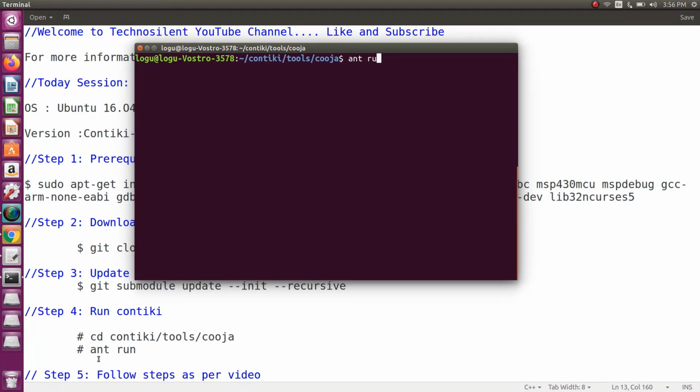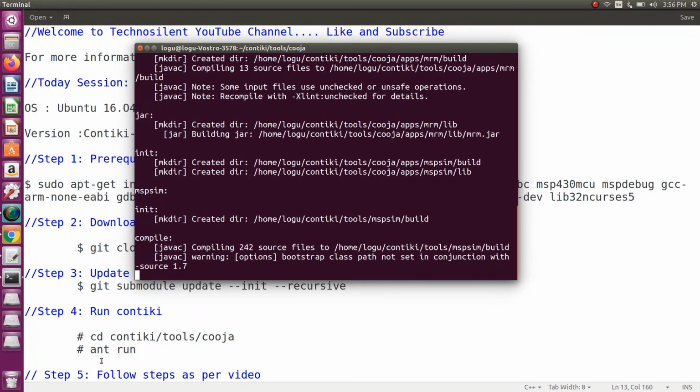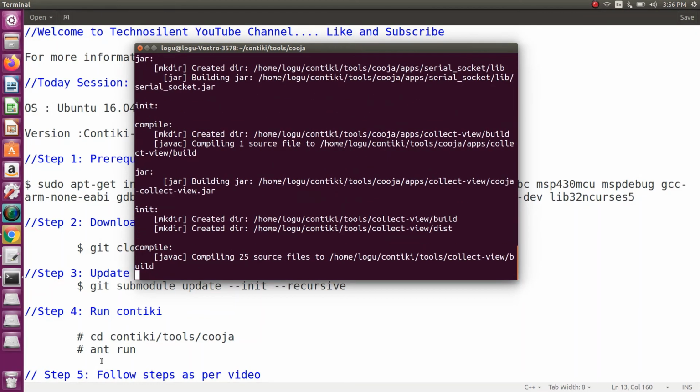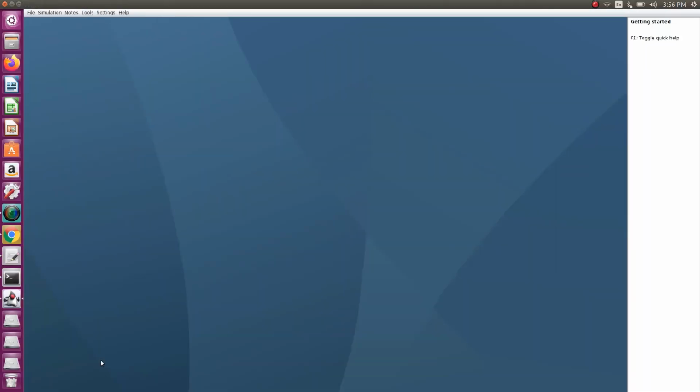The first time it will take some time, as it will compile all the source files. So this is the Cooja simulator. Now we have successfully installed the Contiki operating system in our system.